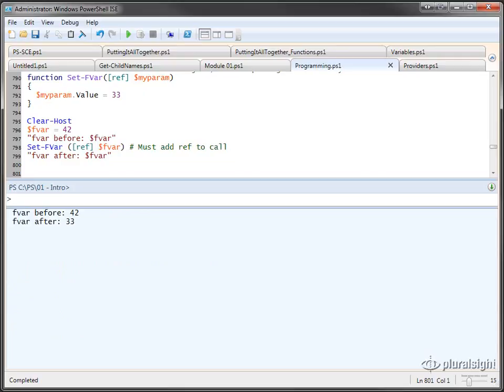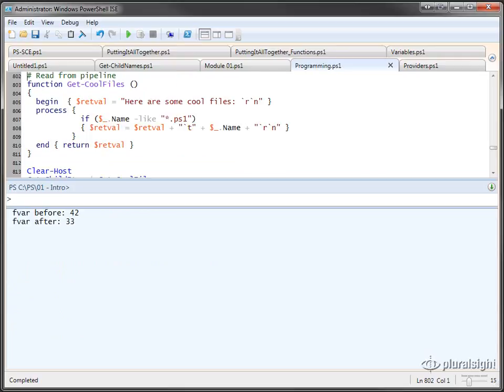It's also possible, and even desirable, to have functions work with the pipeline. You can see here the syntax is pretty much identical to what we use with script blocks. We have the begin, in which case we're going to display something before the process begins. Within the process, we're going to loop through each item that's brought in for the pipeline, and at the end we'll do something. So let's create the function,